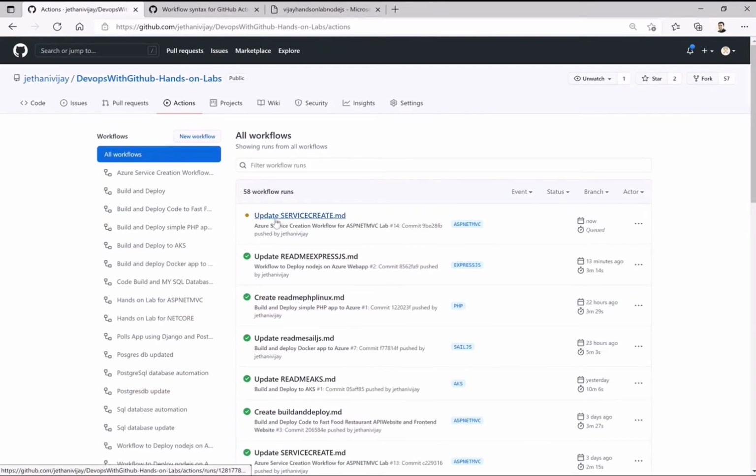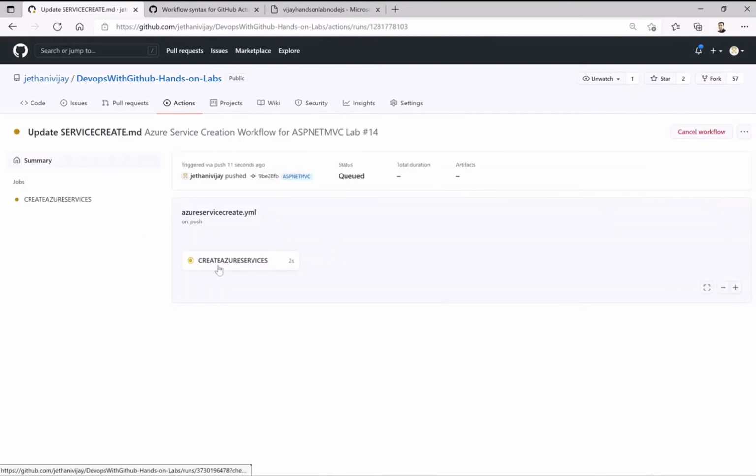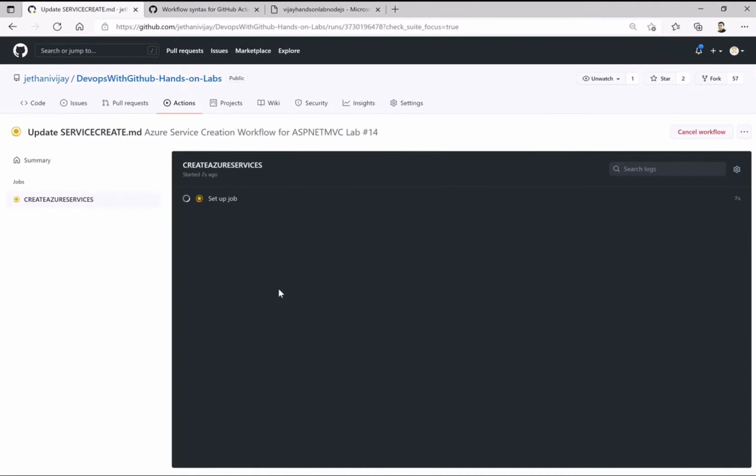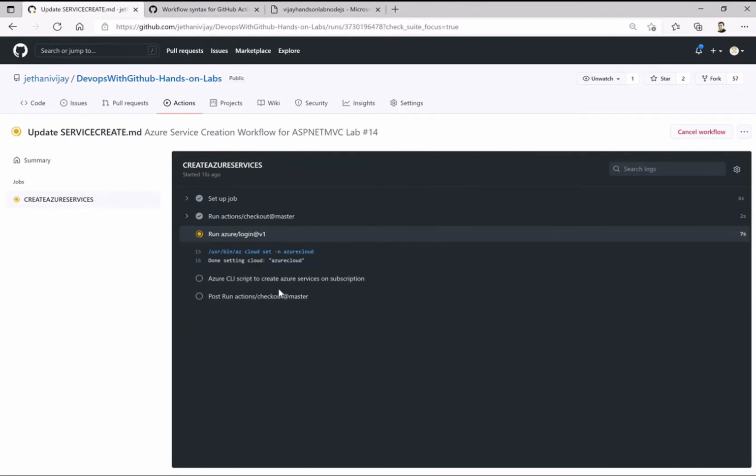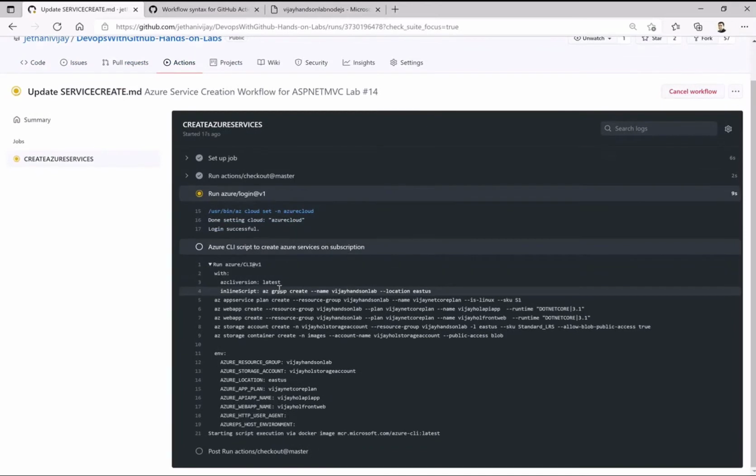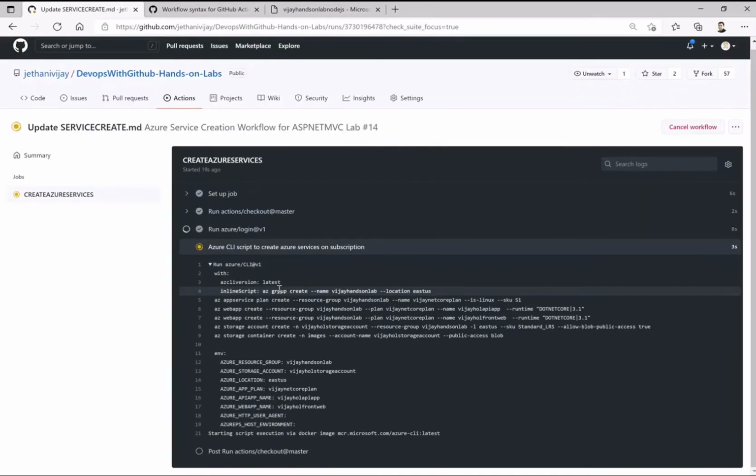Okay, it has seen that there is an update on this particular file and it has gone for creating that workflow for us. So with this action, it should be able to create a resource group for us and then the following respective services on the subscription. It is using my deploy GitHub service principal to do all this programmatically.